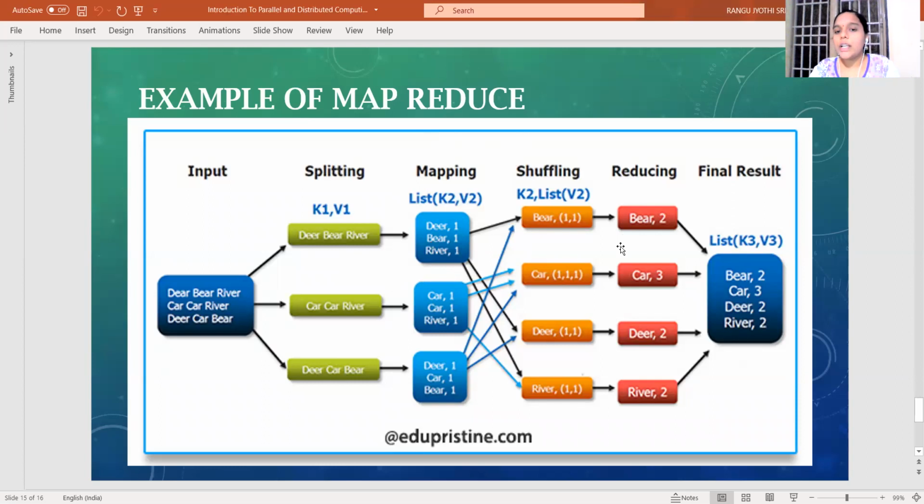And after moving the data to the shuffling phase, as I said earlier, what is the main aim of the shuffling phase? The main aim of the shuffling phase is to shuffle the data and take the words that occurred in the overall file. That means, for example, if you take the word bear, how many times does it occur in the first file? Is there any bear word? Yes, it's there. So it will note that count.